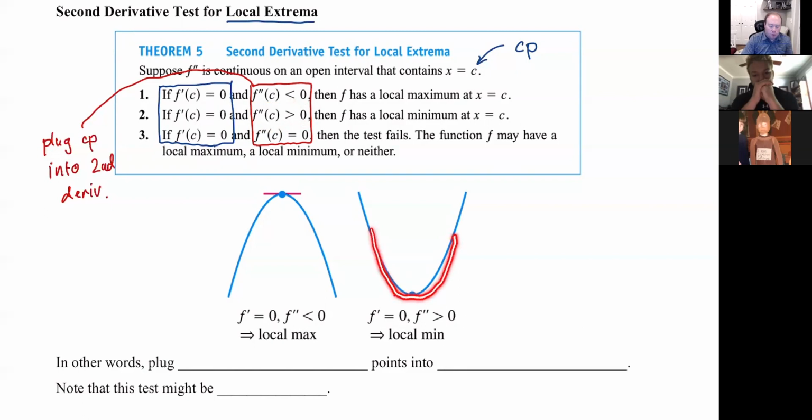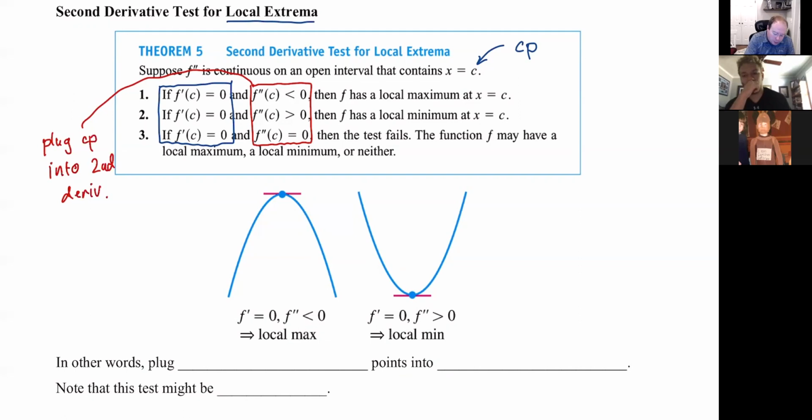Be a little bit careful there, because if you think about negatives, negatives seem to be low, so min, but that's not the case. Negative value means that it's concaving down, meaning you have a max. Positive value means you're concaving up, which means you have a min. The downside to this test is that if you get 0, because 0 has no sign, it's positive and negative, or it's neither, it has no parity or no sign,